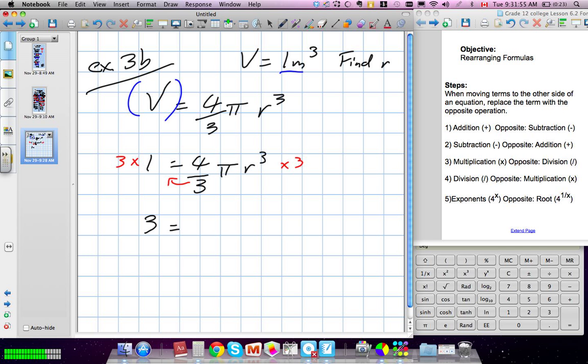So 3 times 1 is 3. The two 3's on this side will cancel each other out. Again, the only reason that's happening is because these are all multiplied by each other. If there was an addition or subtraction in between, it would be a very different question. So the 3's cancel each other out. We're left with 4 times pi times r cubed. The next thing I'm going to move,